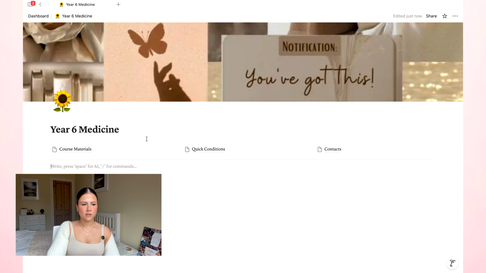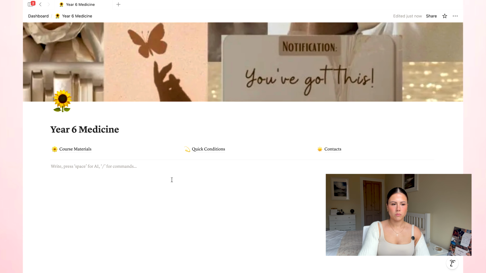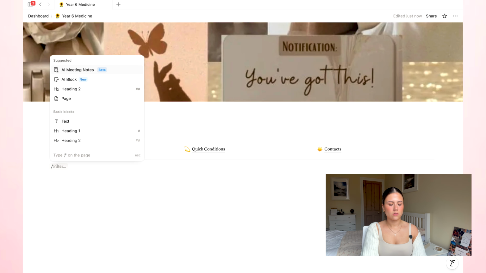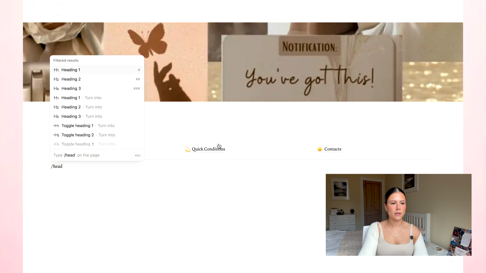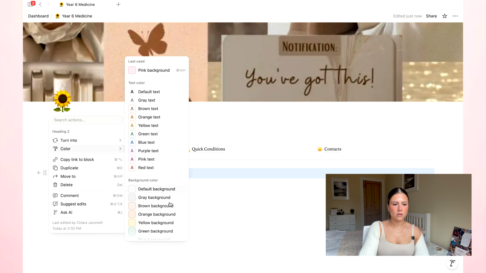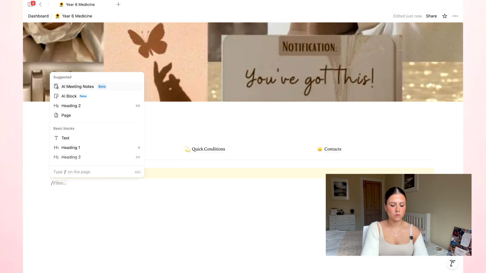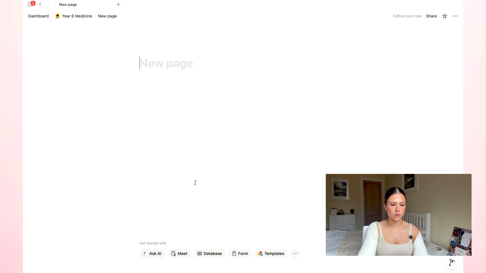An easy way to make things look cute with minimal effort is to just click on this little page icon and it will let you select an emoji. What we can put in is a little header again. So if you click slash and then start typing header, this one notes, and I will change the color. In here, I would put just the names of all my different classes. So I'll just put in some, for example,